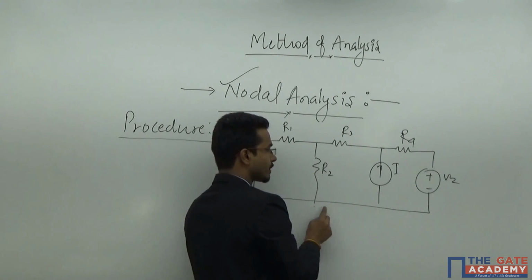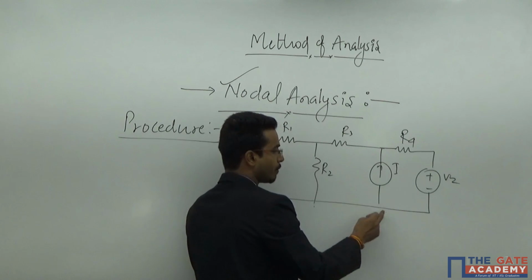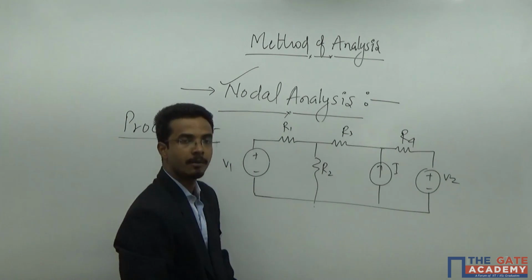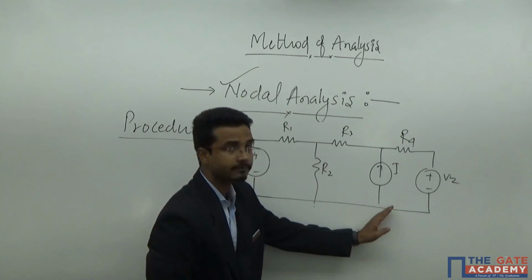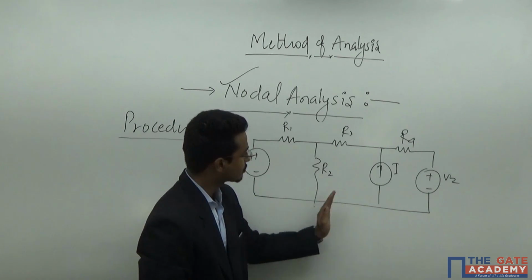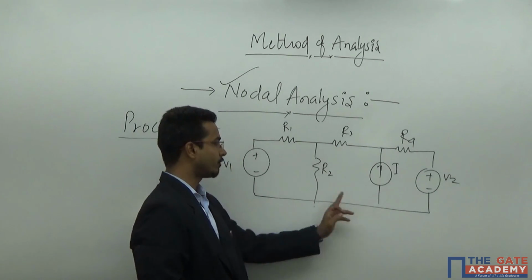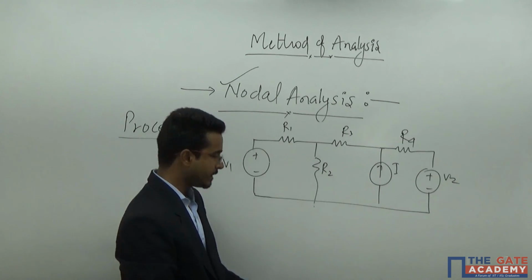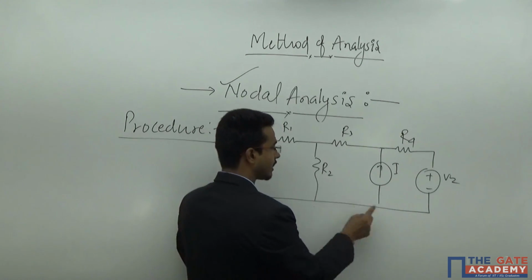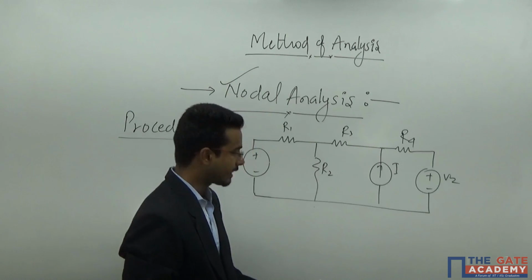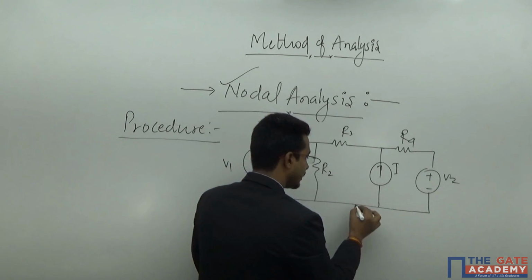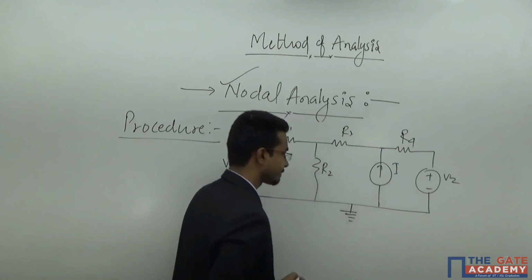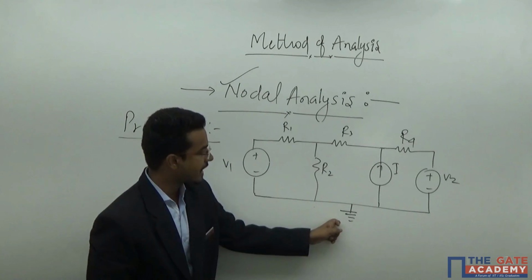But see here, what is happening? Here there is no resistance between the 2 nodes. That means both the nodes will have the same potential because they are connected by a short. Yes or no? This is a short circuit between the 2 nodes. That means both will have the same potential. That means the third and fourth are common for me. That is why I will decide that this is my common potential, and one potential I have to set at